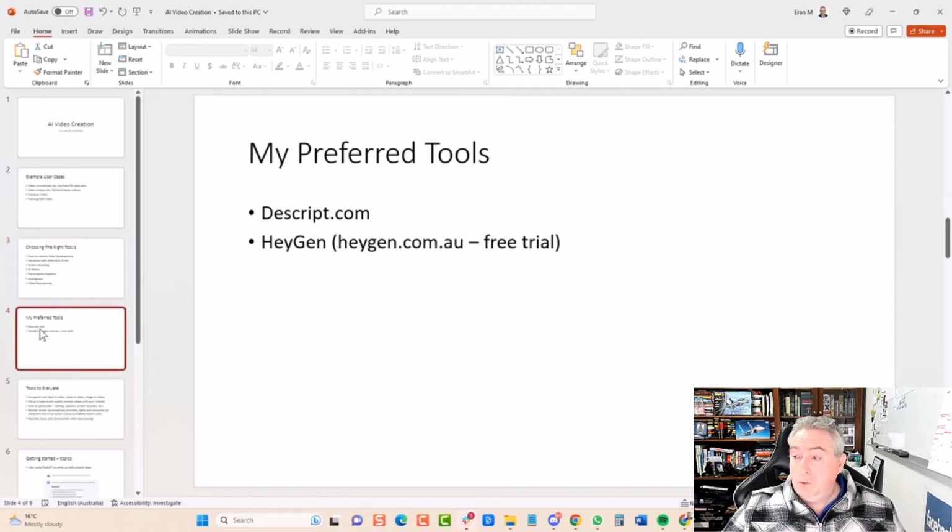So my 2 preferred tools to do most of this are Descript.com and HeyGen. Descript, you may already be familiar with. Descript is basically a video editor that uses text to do most of its work, but it does a whole pile of other stuff nowadays. We'll have a very quick look at that. And then HeyGen is your